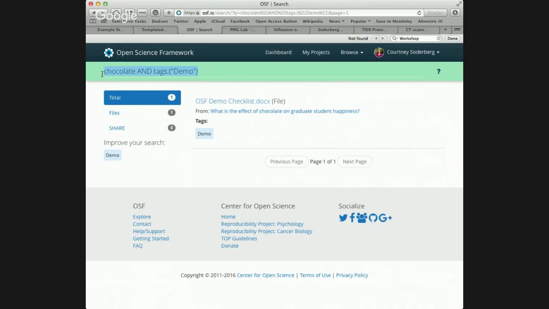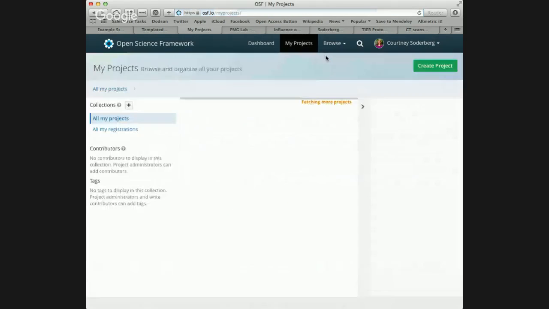Search only indexes public projects though. So if the workshop project had been private, there's no way it would have ever come up in the search. So if I want to be able to search through my own private projects, I have to do that in a slightly different way. So if I go to my projects,